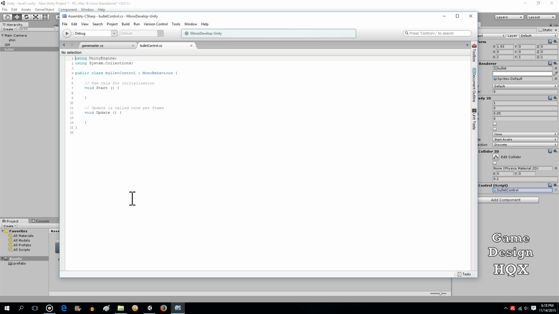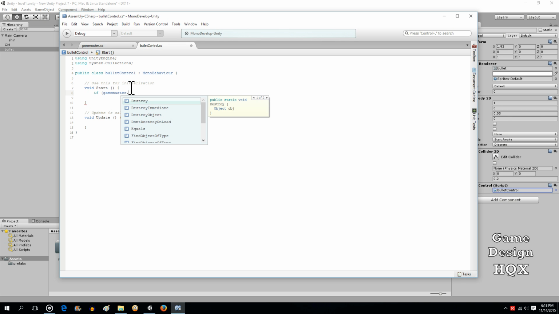Now, since this is going to have velocity the moment it's instantiated, we're going to want to put this into the start section. And so what we're going to do is we're going to check if, and since it's a static variable, we're going to look at our variable. We have to identify it's the game master script, and it's the XY facing double equal sign. It's equal to 0. Then